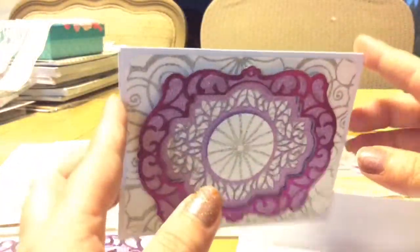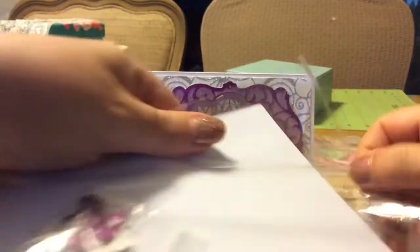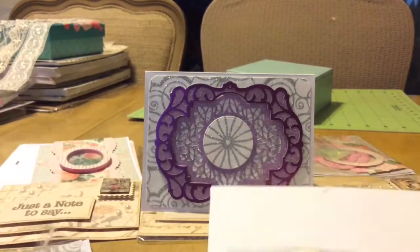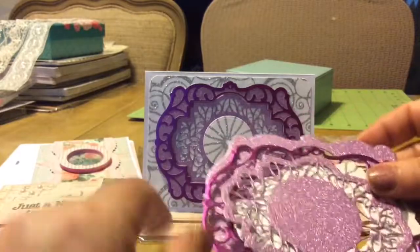I'll show you what I did, because this one's a little more technical. And I also included the cutouts from all these because you could actually, if you remember to do it, I was going to, and then I forgot. If you laid